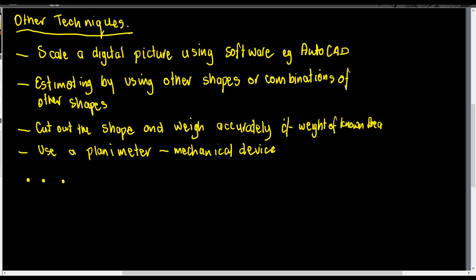You could estimate the shape by using other shapes or combinations of other shapes. So you could maybe break it up into triangles and squares and trapeziums, or various combinations of those, and then work out the area of each one and add them all together. There are various techniques there. And indeed, as I've said previously, there are various techniques with the square counting as well, depending very much on the accuracy of the result, how important the result is,